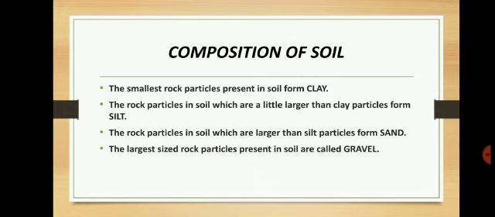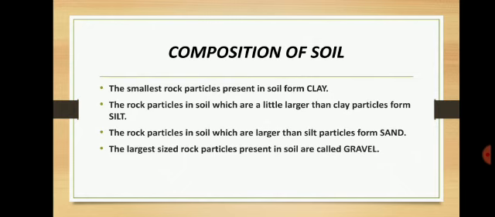So according to the size, at the lowermost layer, what is there? There is gravel. Just above the gravel, you will find sand. Above the sand, you will find silt. Above the silt, you will find a layer of clay. Understood? Above that, you will find clear water, because it has remained undisturbed. The rest, which are heavier than water, have settled down according to their mass. And at the topmost layer, you will find a layer of humus has formed.